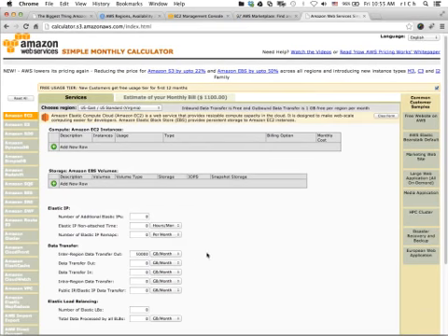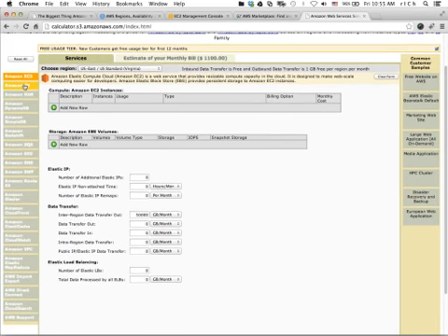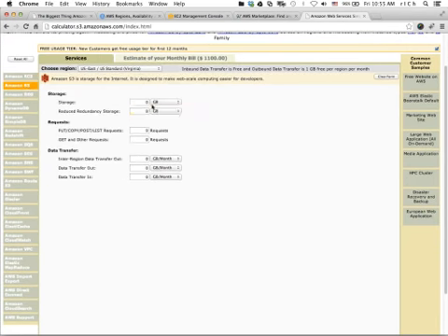What am I even doing here? It's not showing me an option for EC2 instances themselves. Let's actually pick something maybe more simple, like S3. And let's just say that I'm storing the same amount, 50,000 gigabytes, and I plan on doing 100,000 requests per month, and I know that my data transfer currently is